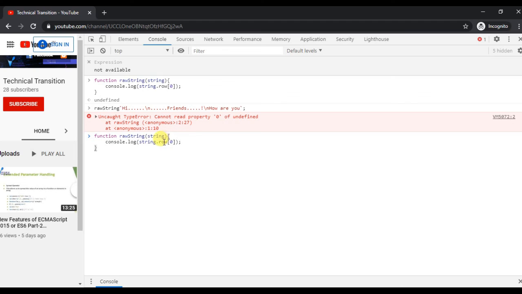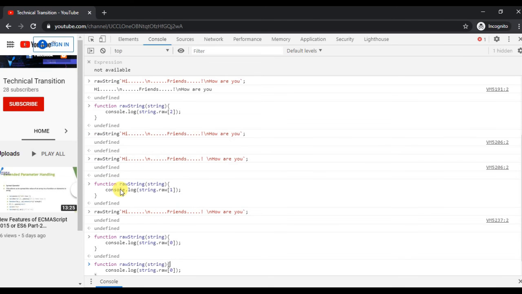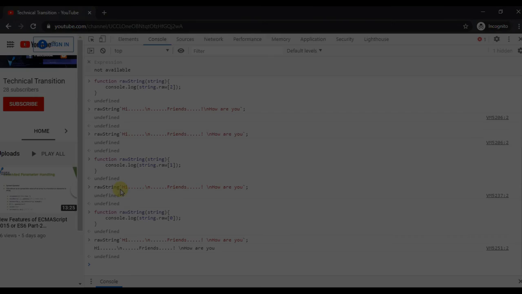I misspelled it. See, we escape the first position of the new line character. Okay, in this we bypass or skip all the new line characters or spaces or some special escaping characters like carriage return. So this was the raw string.